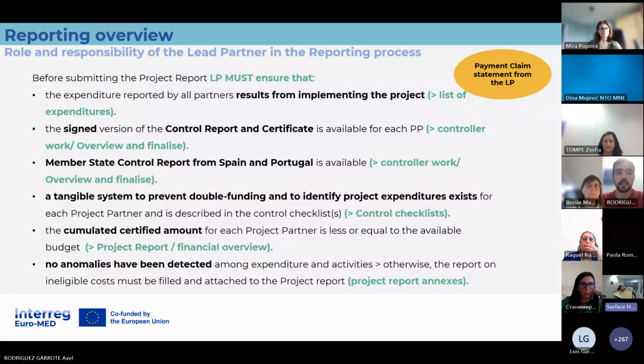Also, it has to make sure that a system to prevent double funding and to identify project expenditures exists for each project partner, and also needs to make sure, of course, that the partner has not spent more than its own budget. In case there have been anomalies, then it will have to inform us, the Joint Secretariat, of the anomalies, so we can also intervene on the expenditures during our verification.